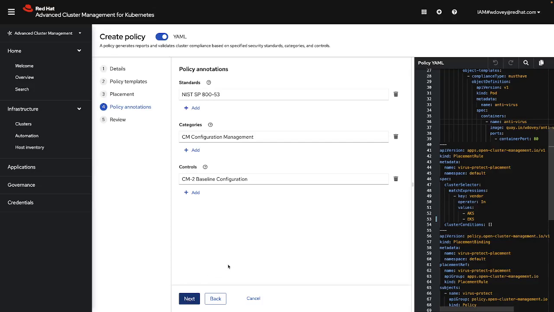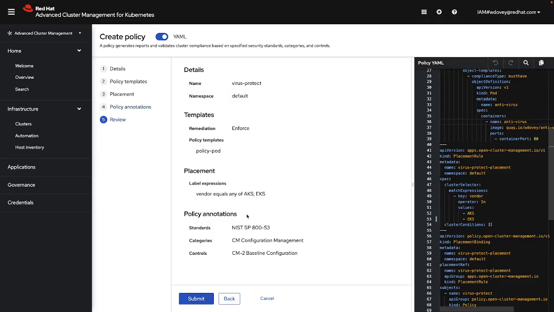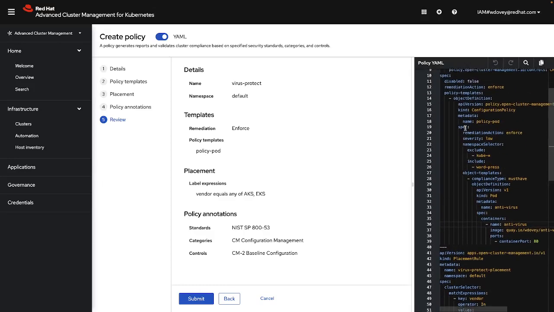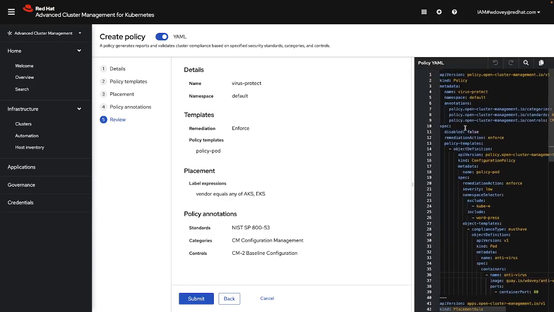Next, I'm going to ensure I have the right policy annotation, and this can be altered. And finally, I'm going to review my policy. I have the policy YAML on the right-hand side, so I can copy that out and create that via GitOps if required. Finally, I'll submit the policy,